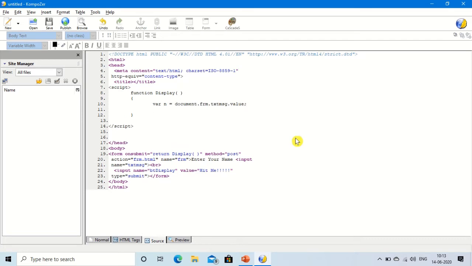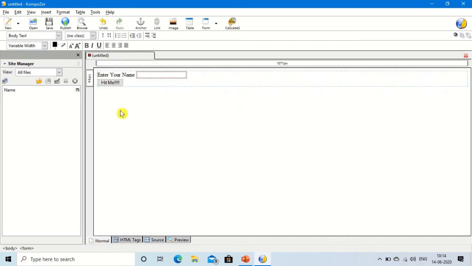Now we want to display this value when we click on the button. So we have used alert, a library function. Alert is a library function which displays the message and passes the value in. Then semicolon. Here you can see n is a variable which is getting the value from the text box and storing it inside n, and n is going to print in the alert. So click on the normal, then click on the save button.